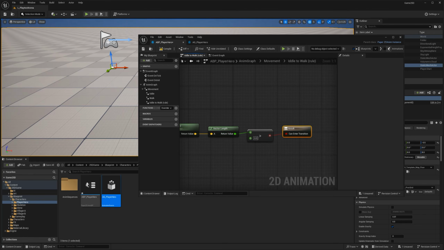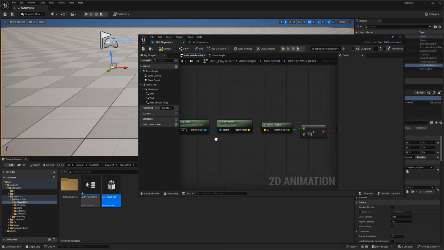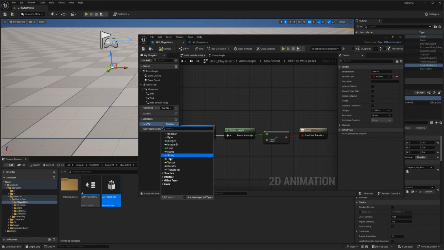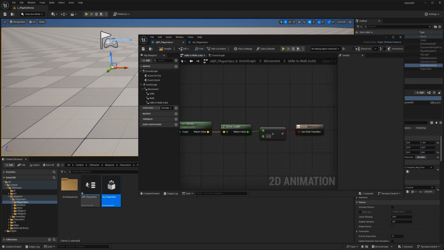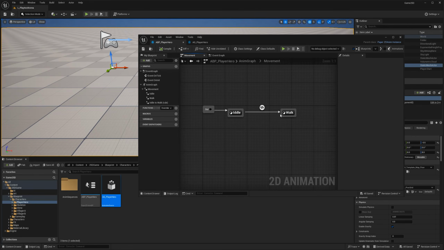Play the animation. Notice that everything inside Unreal is color coded, right? The blue is an integer. You can see that the yellow, I think, is a vector. Yeah, yellow is a vector. Let me delete this. And the red is a Boolean. Okay, so this is going to make sense in a second because we're doing this from idle to walk. So we're going to compile, save. Then now I'm going to go back to movement and I'm going to put from walk to idle.